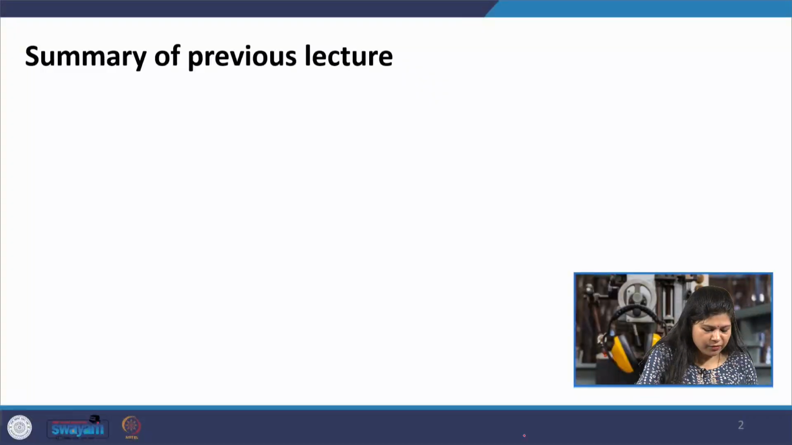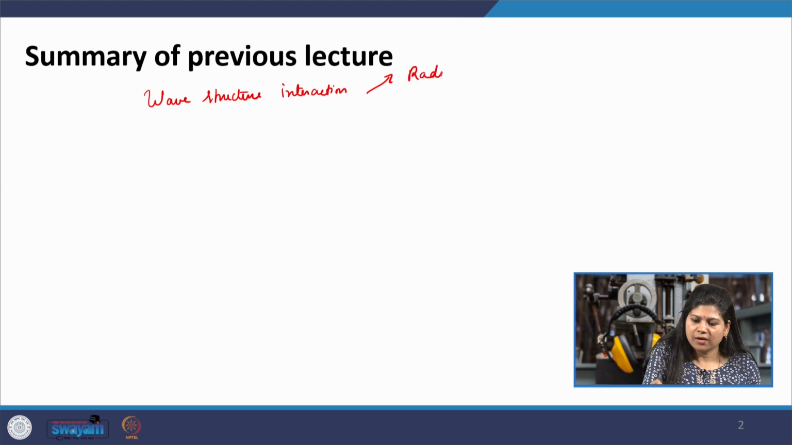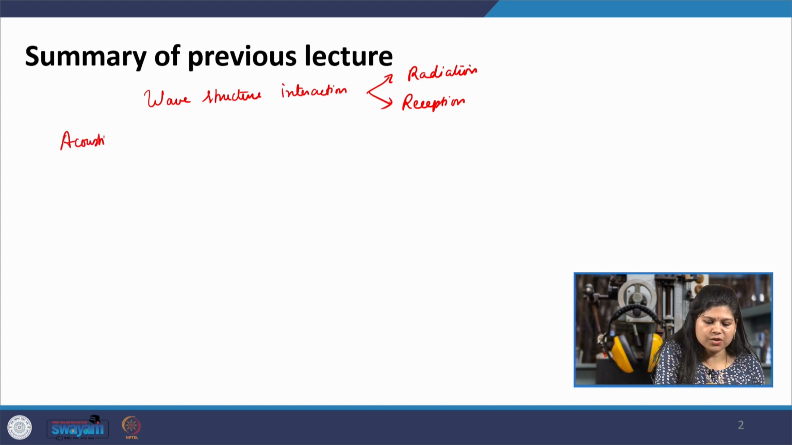So, previously we studied what we mean by wave structure interaction. Wave structure interaction is essentially when it is from structure to fluid, we study radiation, and when it is from fluid to structure, we study the reception. And then we studied some simplified acoustical sources,